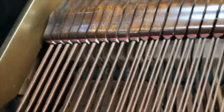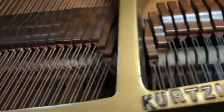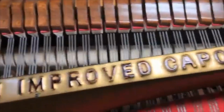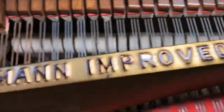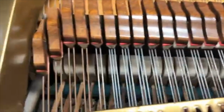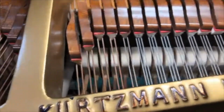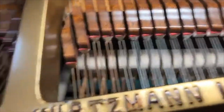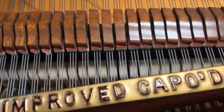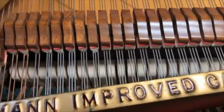And then we also look down underneath at the hammers just to make sure that they all look like they're sitting relatively level, and that when we see the indents, we don't start to see new grooves being made into the hammer. That could be an indication that something's moved out of regulation. I can't tell you how often you look at a piano and the hammer is only hitting 2 or even 1 of the strings when it's supposed to be hitting all 3. So that's something you want to check. And if you see anything, that's something to definitely draw your attention to